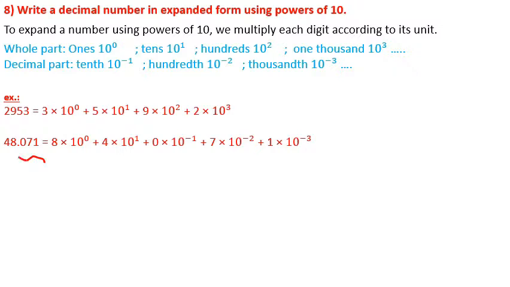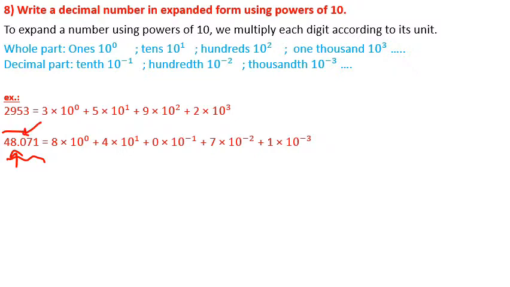If I take this example, 48.071, I first start with the whole part, which is 48. Starting from 8, which is the ones, I multiply it by 10 to the power 0, plus 4 times 10 to the power 1 because it's in the tens. Now if we move to the decimal part, in the tenths we have 0, so we multiply the